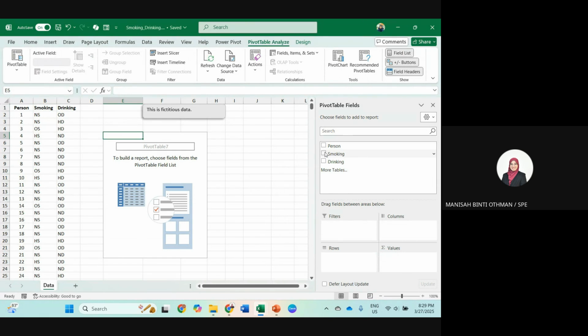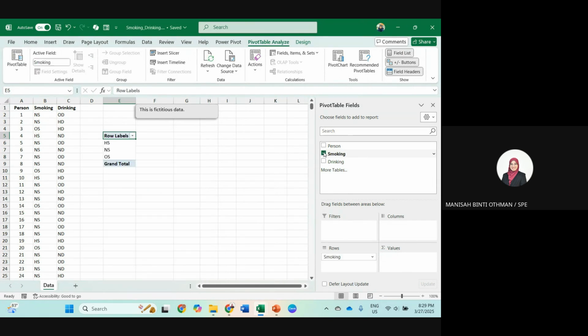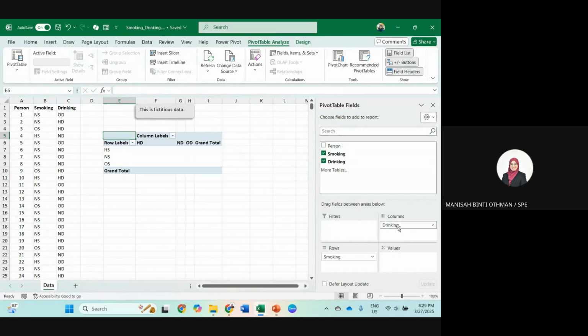Now we want to add smoker and drinker. We bring the drinking category to columns.